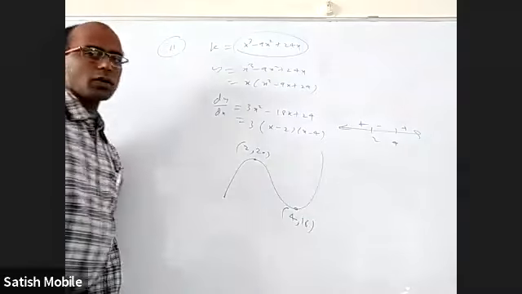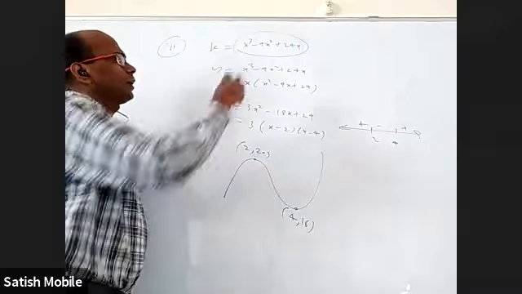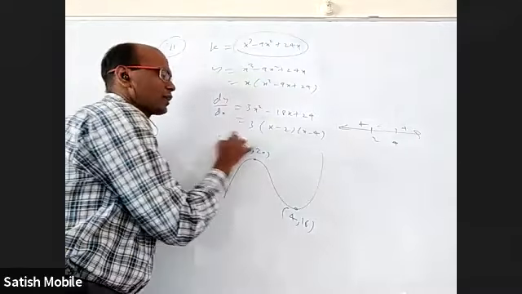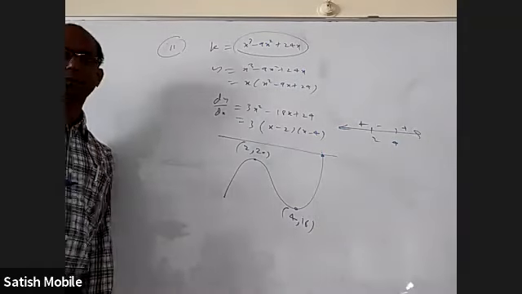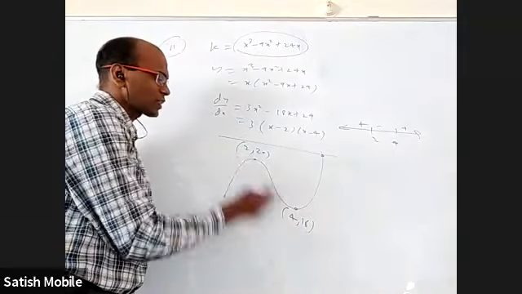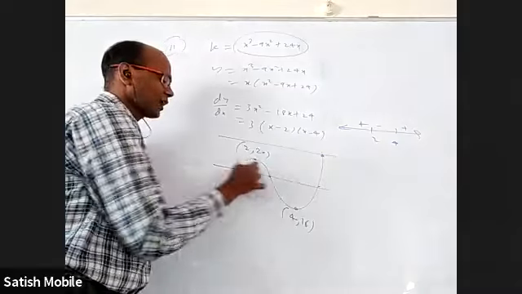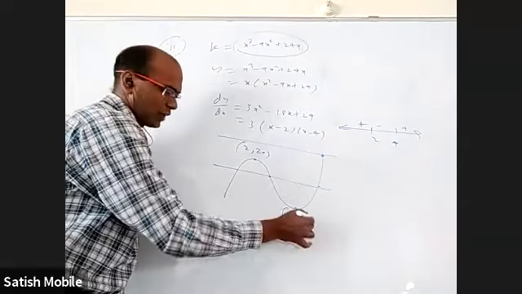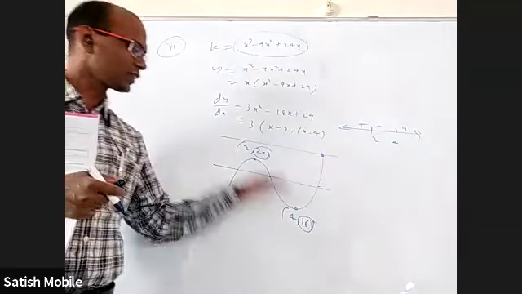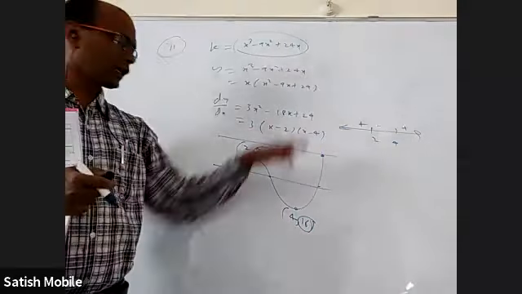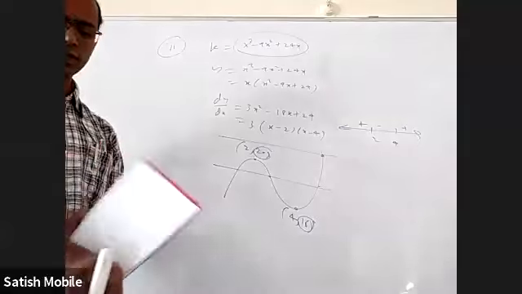Okay. Now we can easily see, as long as you take k more than 20, it will intersect only once. There will be only one real and two complex roots. When k is between 16 to 20, it will intersect thrice. This y value and this y value. As long as k is between these two, and you equate this to k, there will be three roots. That's it. That's the answer.